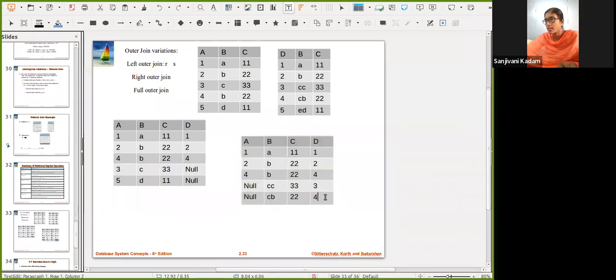It is not adding the record. A row below. Okay, so you can understand that here below this we will have ED 11 5 and here a null value. Okay, so this is regarding a right outer join.